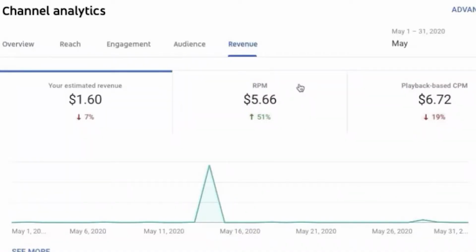Now RPM also includes some other ways you make money on YouTube, and that is from super chats when you're doing a live stream, also from membership. You know, when you watch a YouTube video, it sometimes says join underneath or next to the subscribe button. You get different revenue from viewers who have joined as a member to your channel. Now, this is something to consider depending on the type of channel you make.